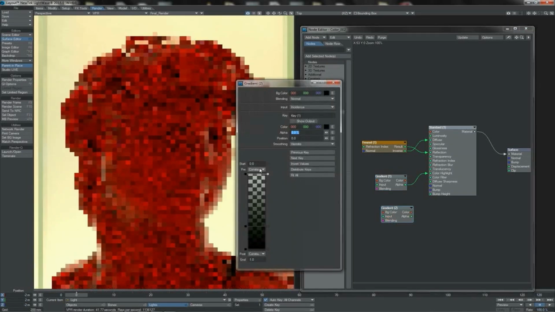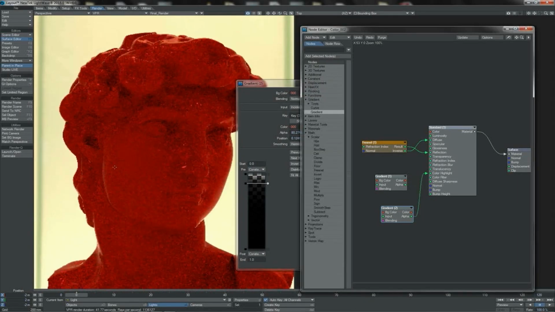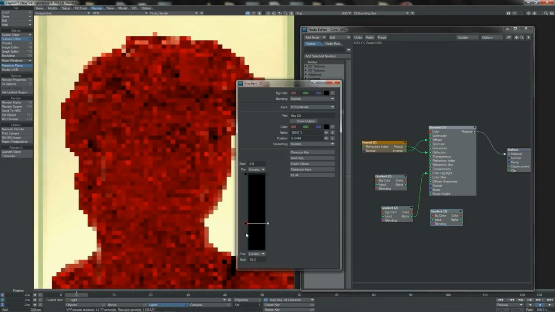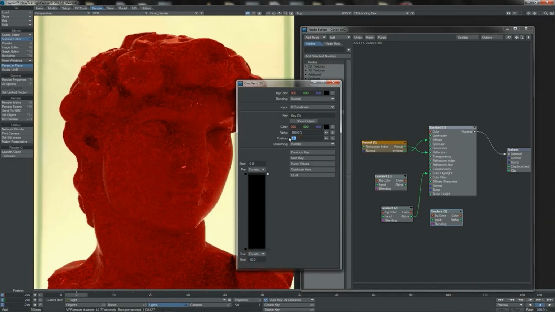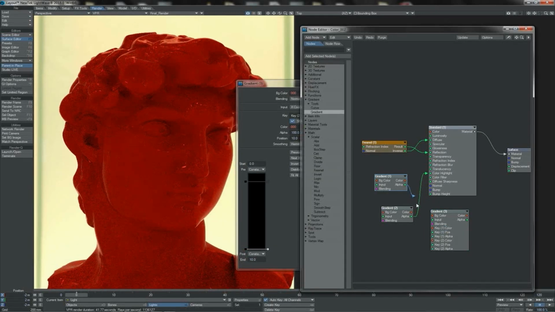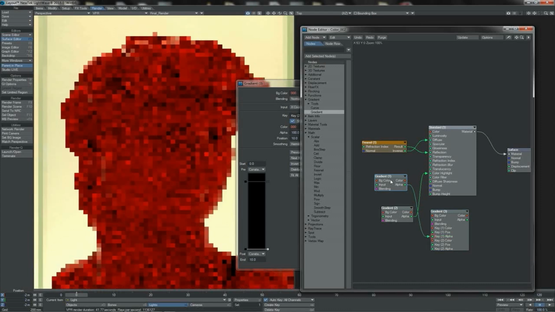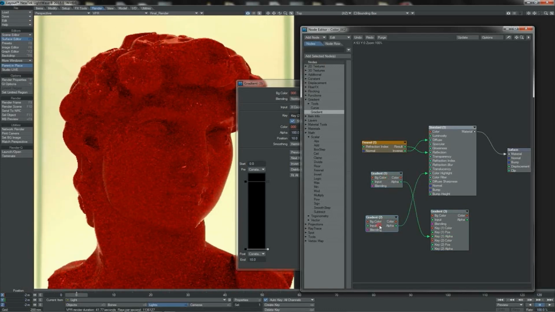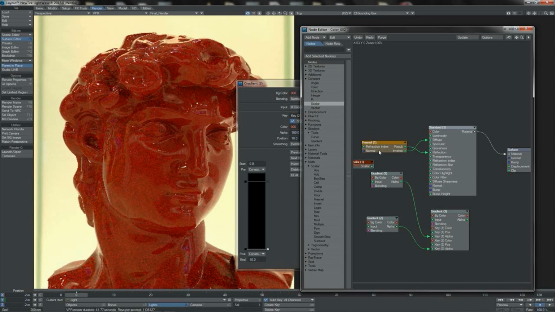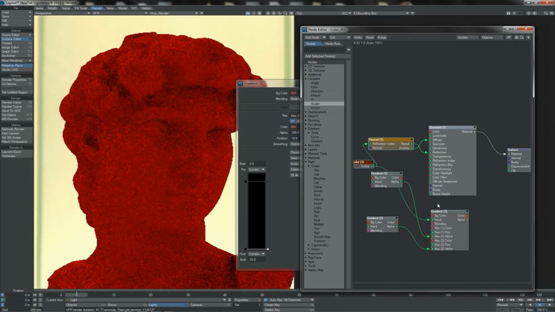Then we can create another version of the gradient where we move this key up considerably higher like this, and that pushes the tinting farther out towards the grazing angle there. Then you can get a third gradient, have a couple of keys, one that's at 10, the other that's say at 1. Then of course for the low IOR you can plug in the result of your low IOR tint gradient. For the high IOR you can plug in the result of your high IOR gradient, get some value that we'll use to become the IOR, and that can drive this as well as that gradient, and that can then drive the